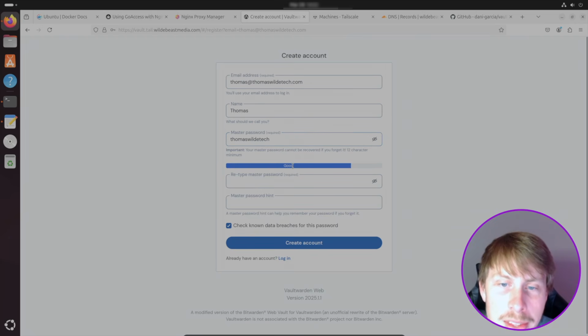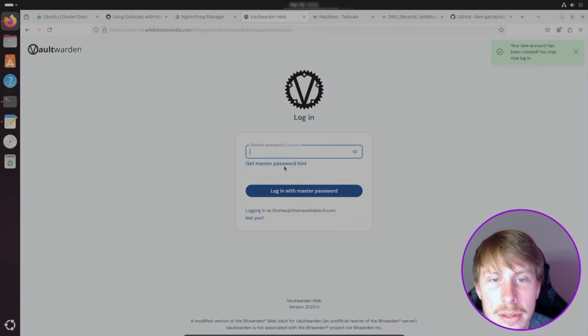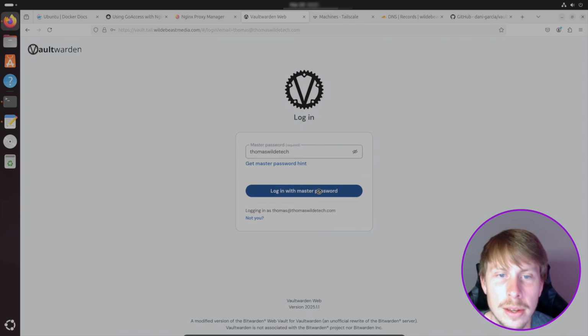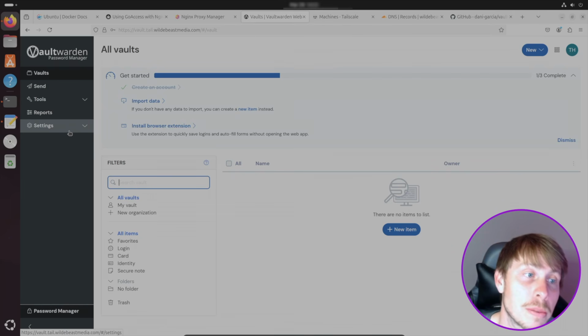I'm almost surprised that that's considered good. So create an account and we will sign in. Okay, log in with master password. Okay, so we're inside. The first thing I want to do is also configure multi-factor authentication for signing